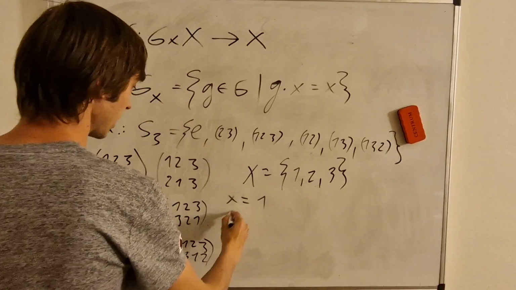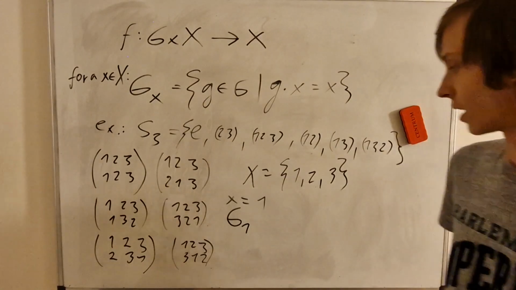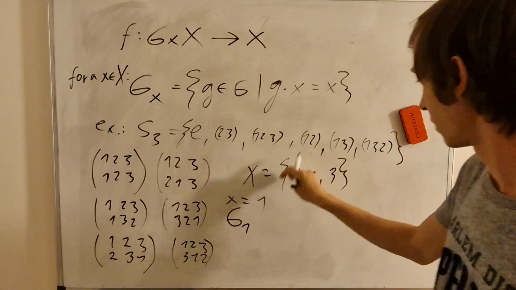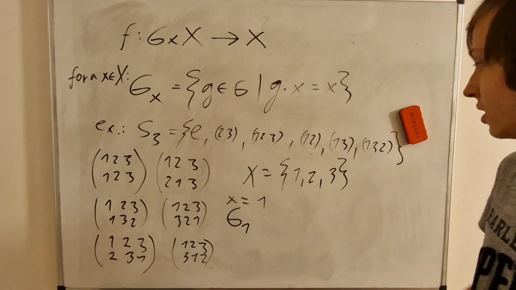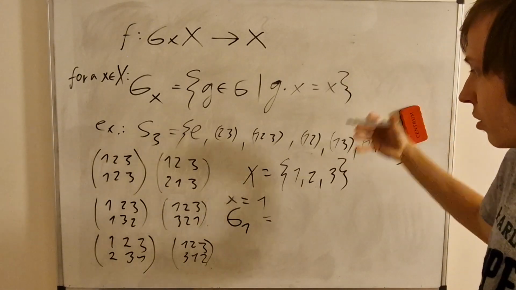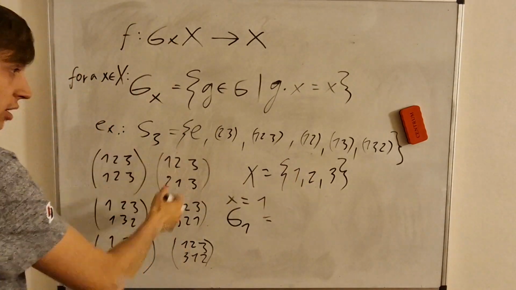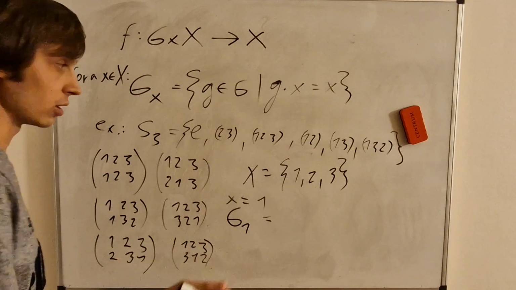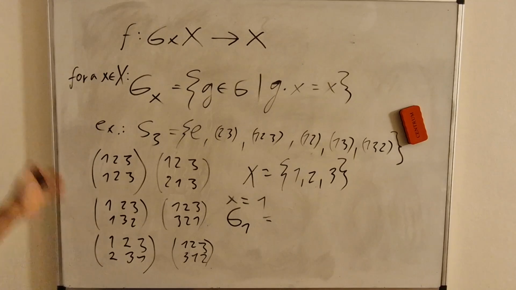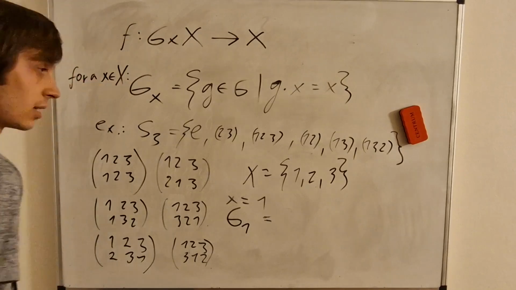So then it will be written as G sub 1, the stabilizer of the element 1 for the set X. So inside the set X, I choose lowercase x in X equal to 1. Okay, so I choose number 1 from X. Now I let G act on number 1. And I define this action to be the way that, if you have a permutation and I choose a number, what that permutation assigns for that number will be the result of the action. So for example, this permutation for 1 will give 1 again. So I see the identity, of course, is part of the stabilizer. So the stabilizer will be a subset of the